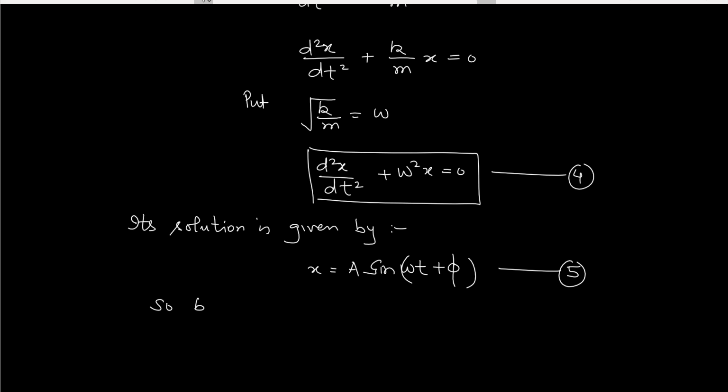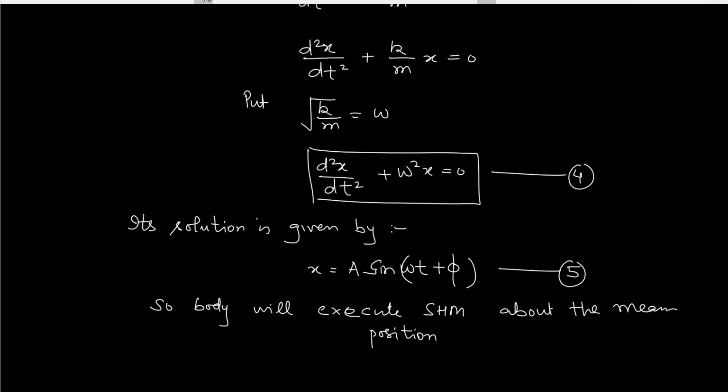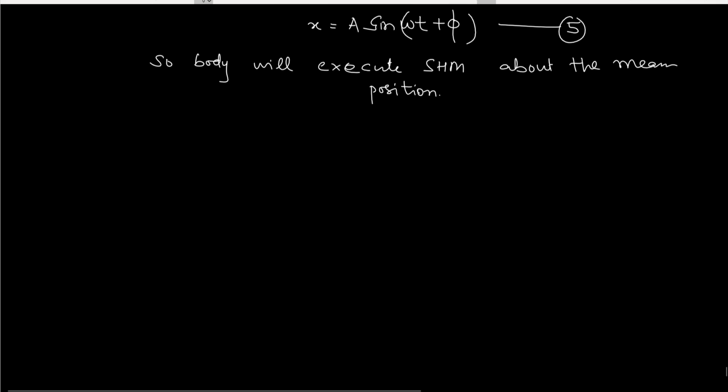So the body will execute SHM about the mean position classically. So if we deal with the harmonic oscillator problem, the conclusion is that the body will be executing simple harmonic motion about the mean position, and